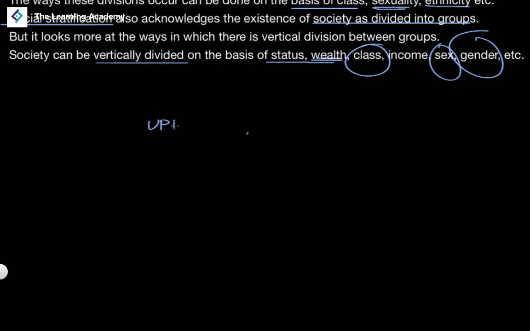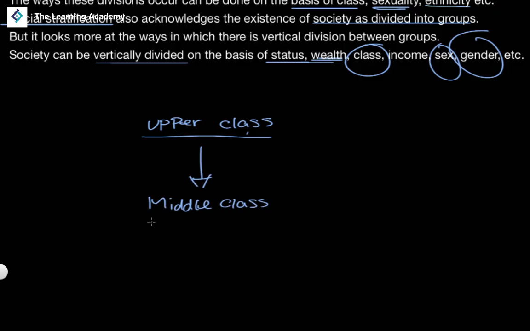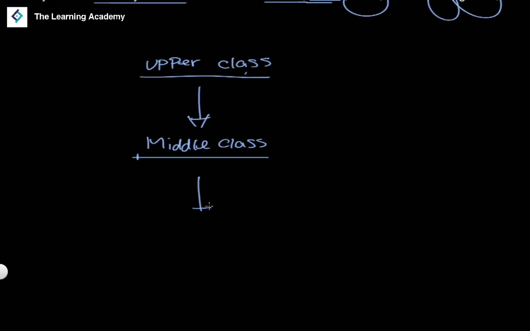So if we're looking at class, for example, you might have a structure like so, where we have an upper class, we can have a middle class down here, oops, and then at the bottom we can have lower classes. So we have the lower class,